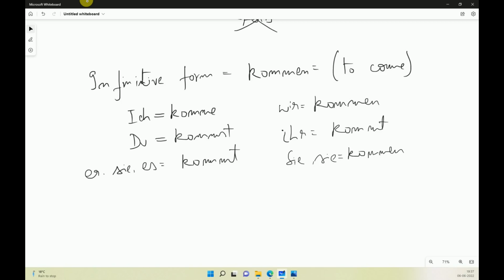When Arvid will say, are you coming? How would it be? Du. Yes, you're right. It will be du kommst. So depending on the situation, the first person, second person, third person, the ending of this verb will change. So that's great. Actually, may I say something? Yeah, please. In Marathi and in Hindi, we also use the same thing.